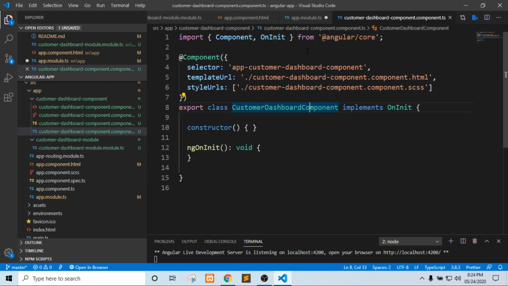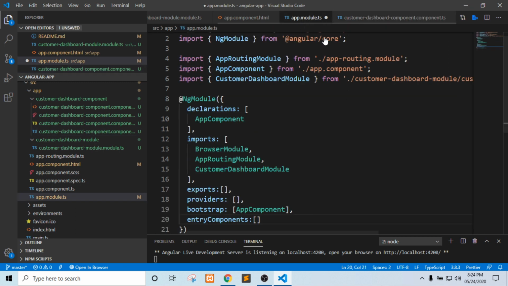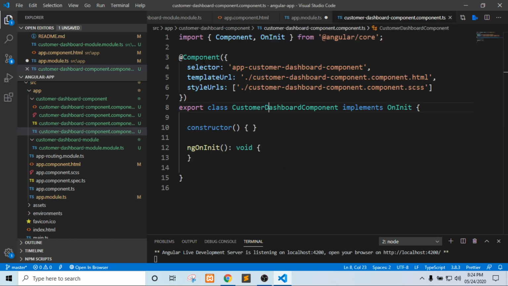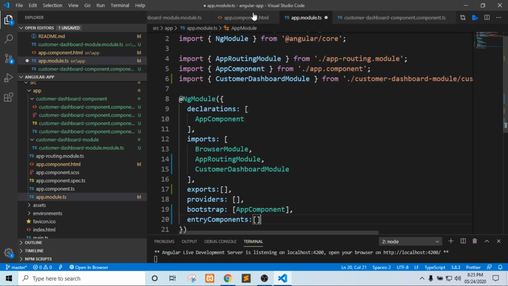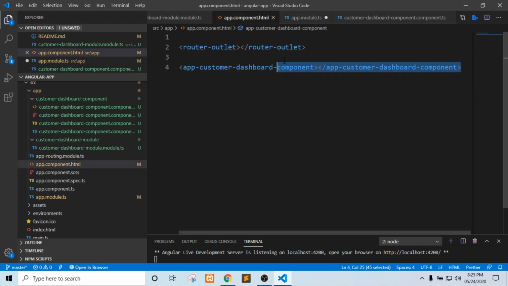Each component has its extension like .component.ts. If I need to use that, there are basically two ways. Here you can see the selector attribute, so I can use this selector directly on any HTML file where we want to use it. Right now I have put this selector on this app.component.html.